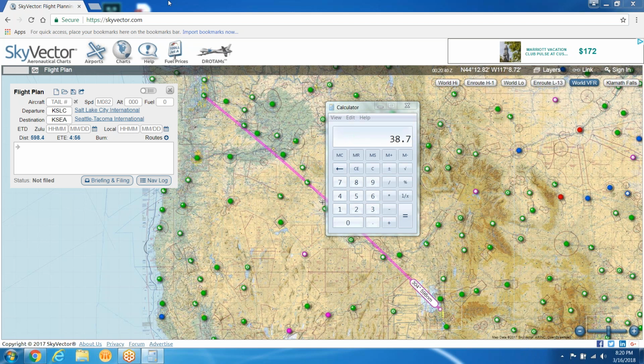Now, when you do a rough estimate on your ETA, you have to keep in mind that it is a rough estimate. If you're looking at the TAF for Seattle and you have really sketchy weather really close to your ETA, let's say your ETA of 2108 is fine, but 30 minutes earlier or 30 minutes later you have really crappy weather, then